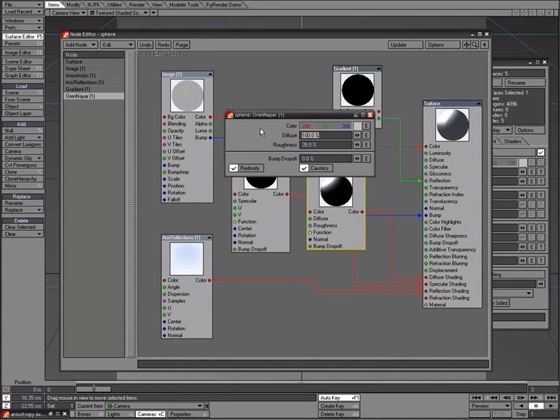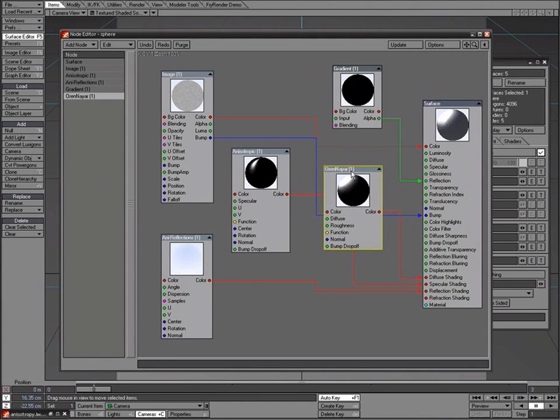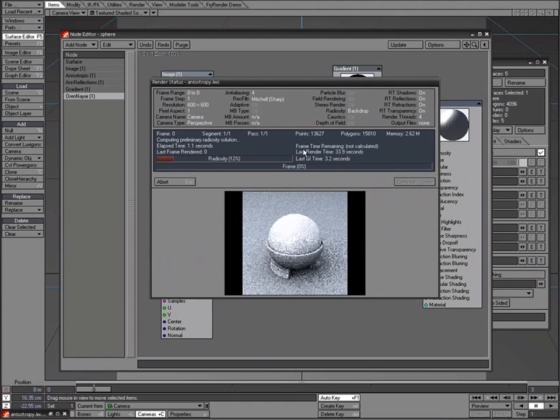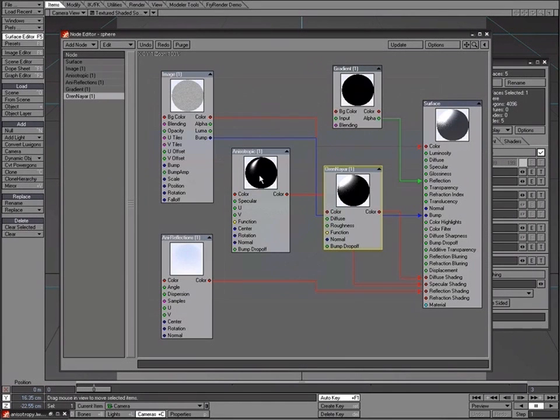And I'm going to double click and let's bring that down to, let's say, 90%, and we also want to take advantage of this roughness setting as well, so bring that down to 10 as well. Now if I F9 that, it's not going to look that much different, or actually what it's going to do is smooth out, or we're going to lose, sorry, the grain. Now the reason for that is because